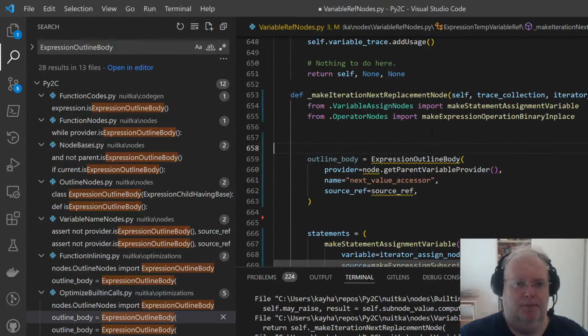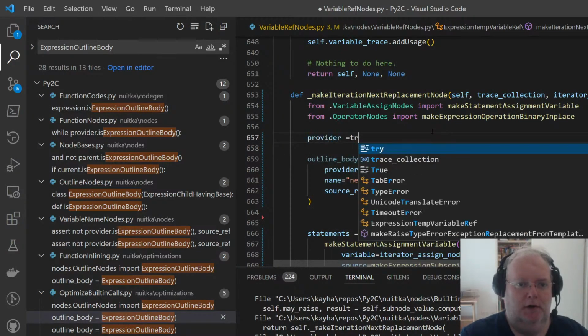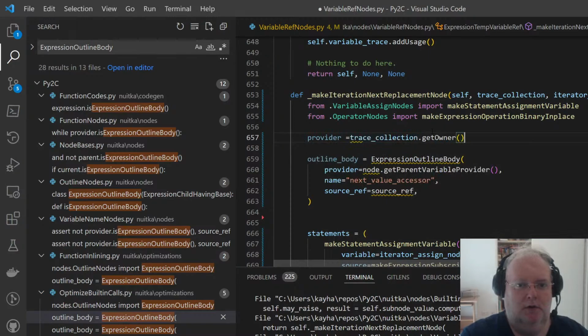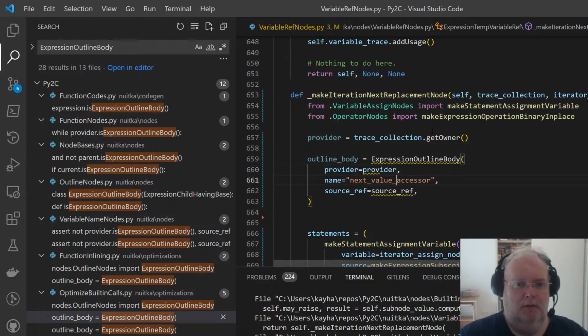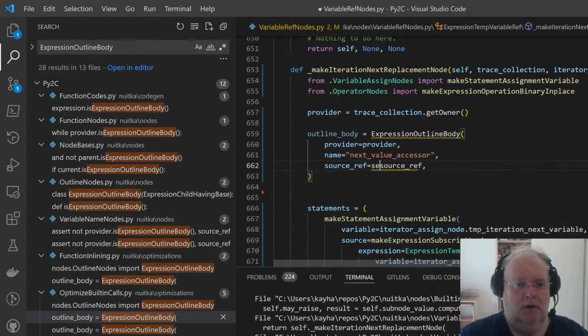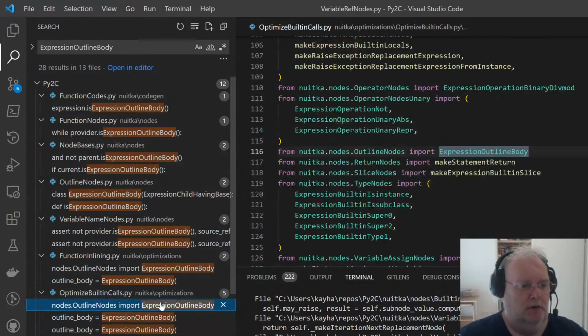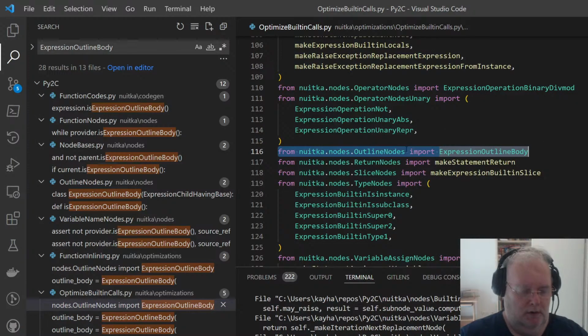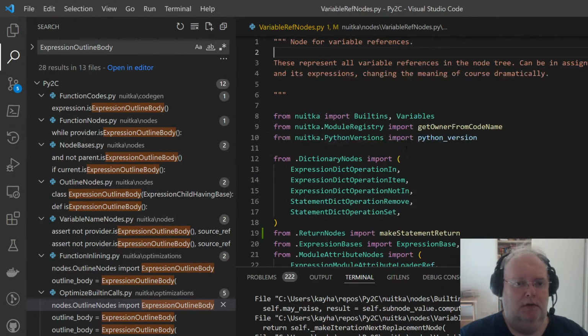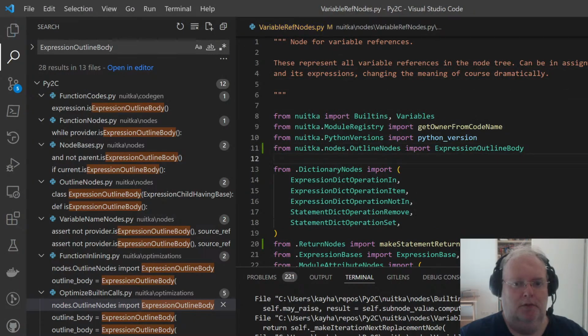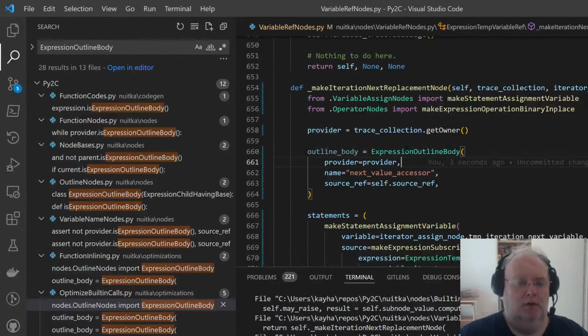So provider is trace collection get owner. It needs that in case it needs to allocate something, but it doesn't matter. And same source reference, expression outline body. I need to import it. Because of import sorting, I don't really have to care much about where I put imports. iSort is such a blessing. And now